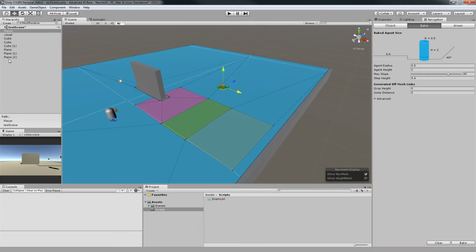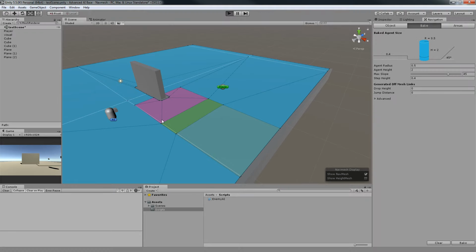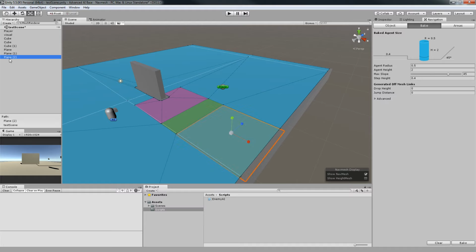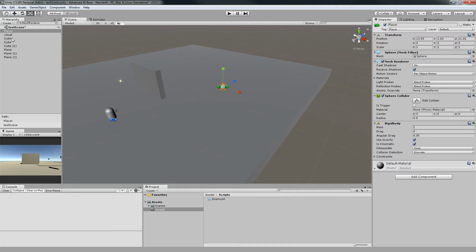For example, let's block all of this. Let's rebake. Okay, it will still do the same, but it will now calculate if it's faster to walk around or to go through the obstacles. And in this case, it finds that it's faster to go through the obstacles than going around. If we want to force him to go around, if we go to the actual AI,